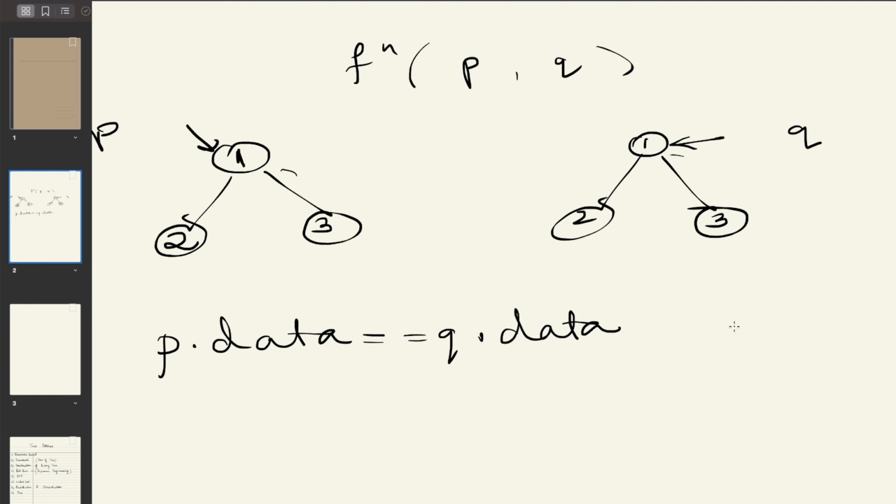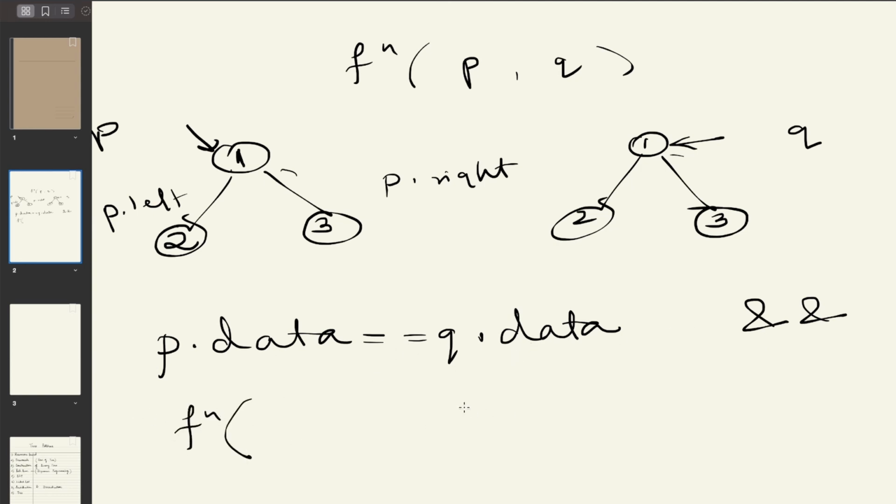So when you have more than one condition which you need to be true, you use the logical AND operator, correct? Now next, from here you can access the left child, right? How do you do that? We say P dot left, and here you can say P dot right. Similarly for Q, you can do Q dot left and Q dot right. So you're going to say the data needs to be same, and at the same time you're going to call